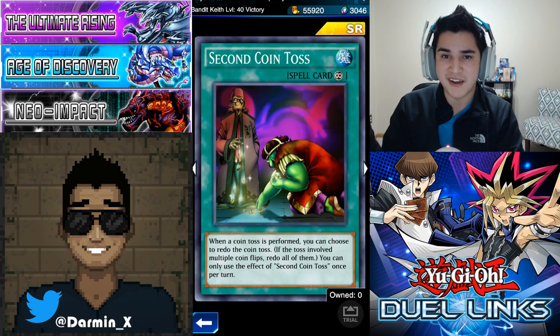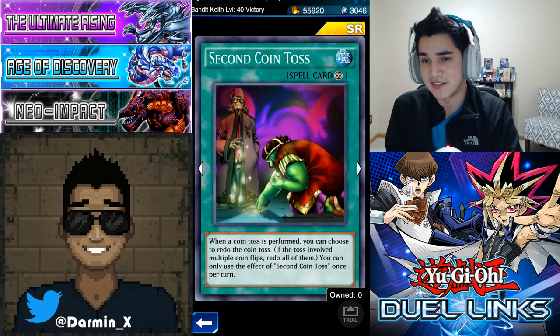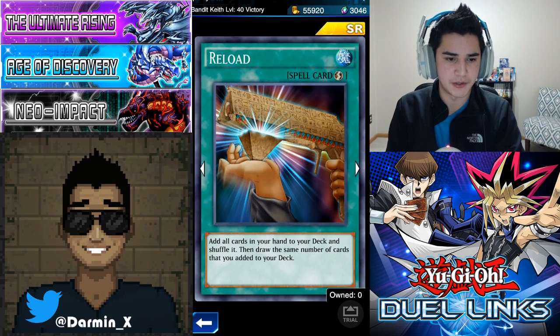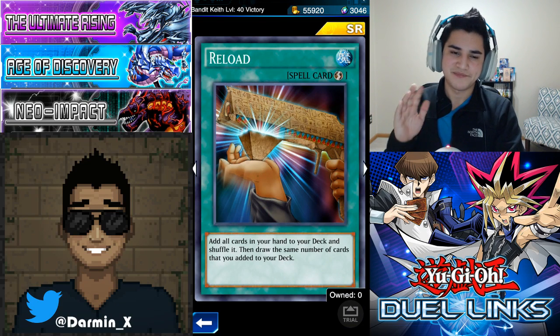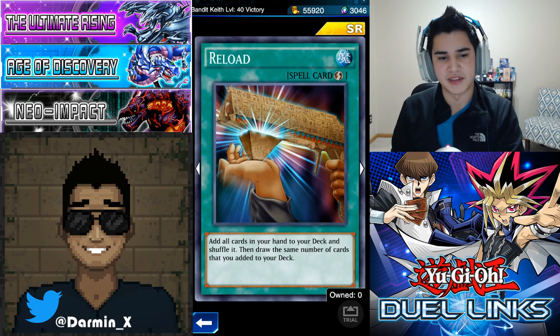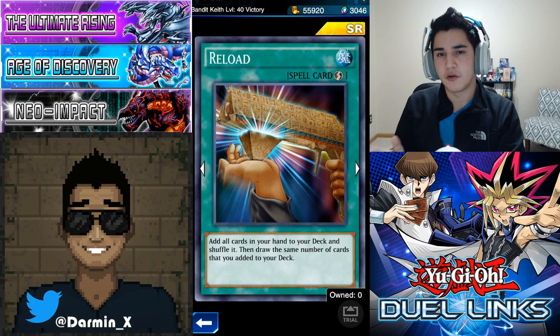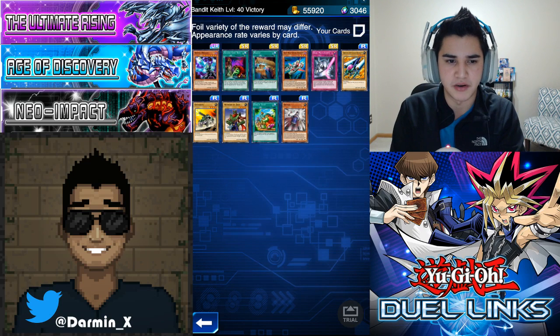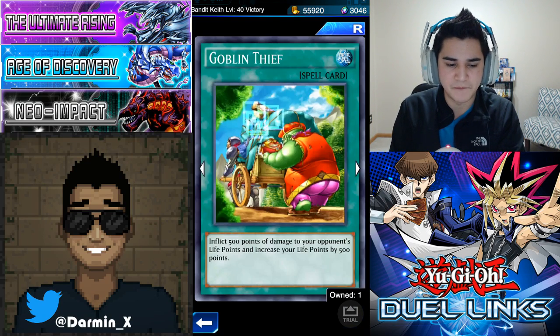And if you have Second Coin Toss, it does exactly what it says in the title. Lets you flip coins again if you fail. So, something to consider. Reload. I'm kind of on the fence with this because you're loading your hand into your deck and then just re-grabbing the same amount of cards that you put in. It's okay, but it can be